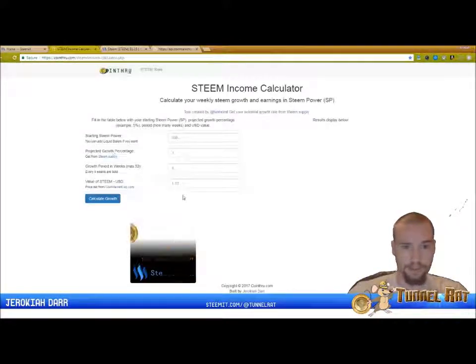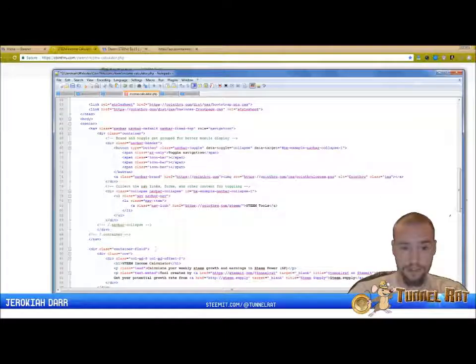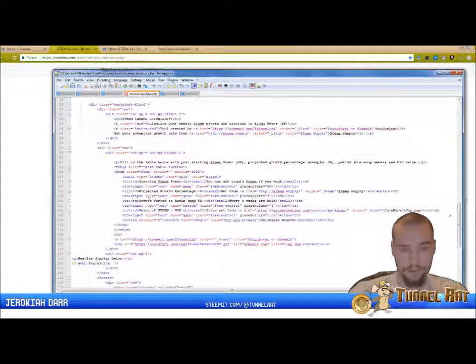Let me go back to our page here. We're going to insert it where the placeholder is for the value of Steam in US dollars on our calculator. So we'll scroll down to our form, right here, and we're going to go into our text input. That's the variable we give it. And next to the placeholder, we're going to set a property, value equal to,